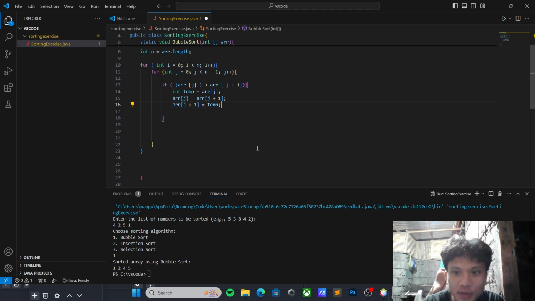This is a typical swapping procedure where a temporary variable, the temp right here, is used to hold one of the values while the other is moved.